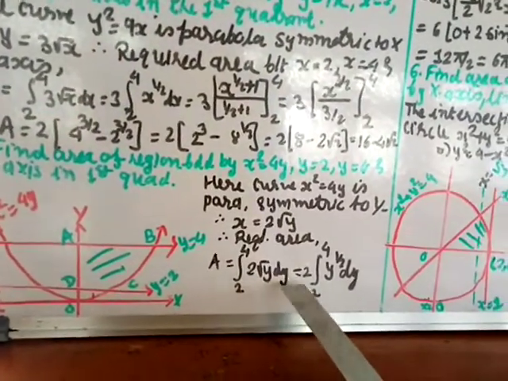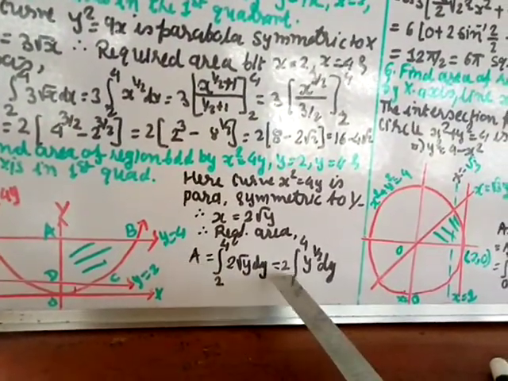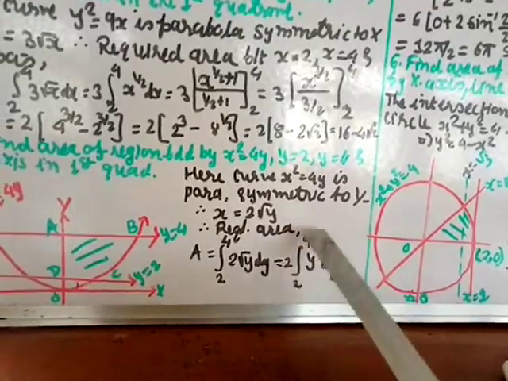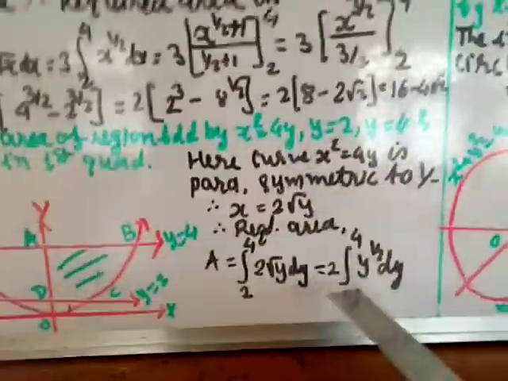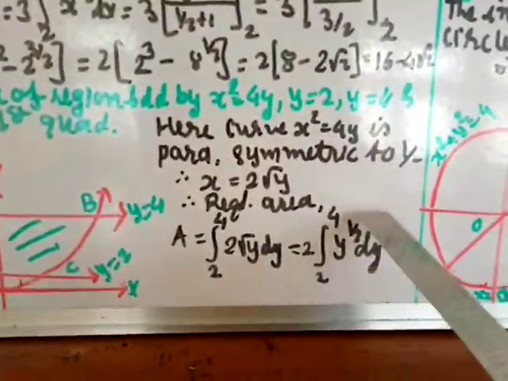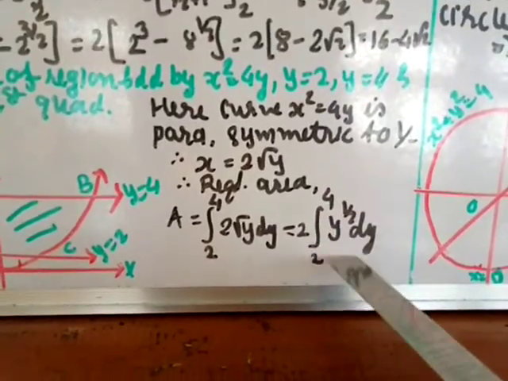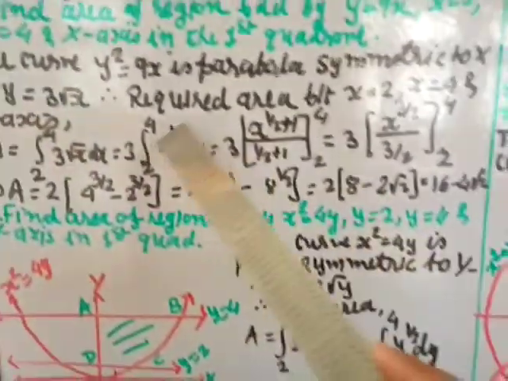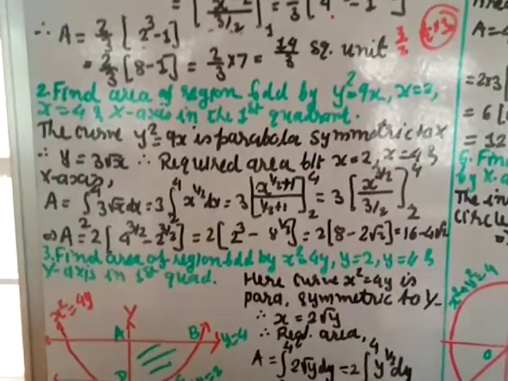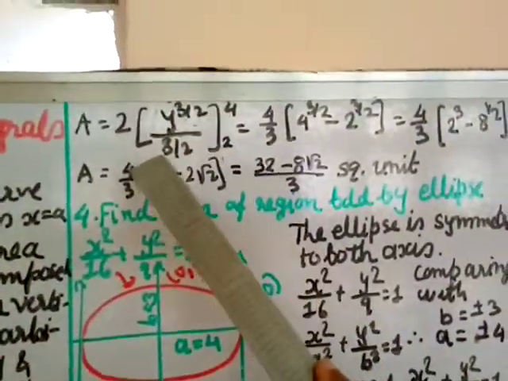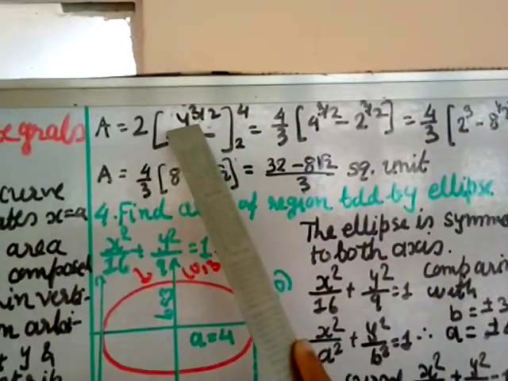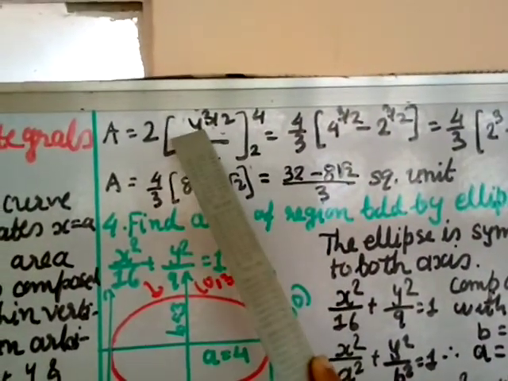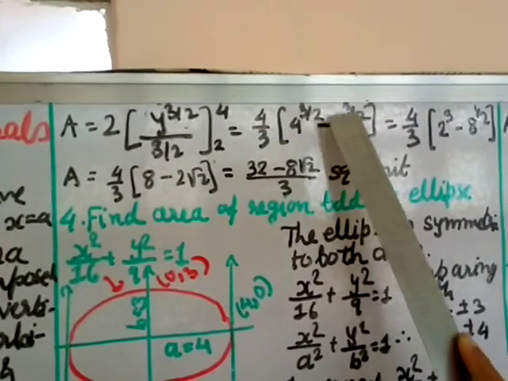Equal to 2, this 2 I am taking out, and y power 1 by 2, integral 2 to 4 dy, and here also you have to use the same formula, x power n plus 1 divided by n plus 1. So when you find this, y power 1 by 2 plus 1 divided by 1 by 2 plus 1, which gives you 3 by 2, just like this. I have not written it because it is similar. So y power 3 by 2 divided by 3 by 2, 2 multiplied and divided by 3, so 4 by 3. And here first you apply the upper limit minus the lower limit, so 4 power 3 by 2 minus 2 power 3 by 2.